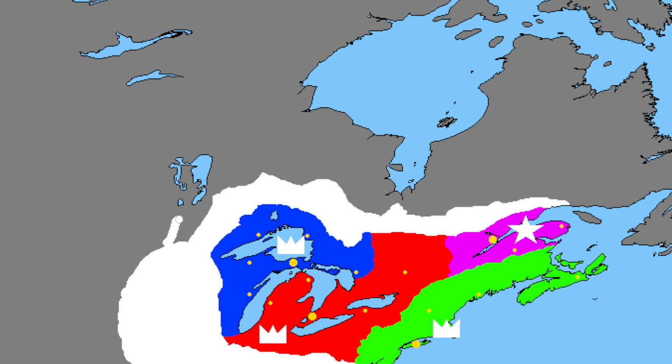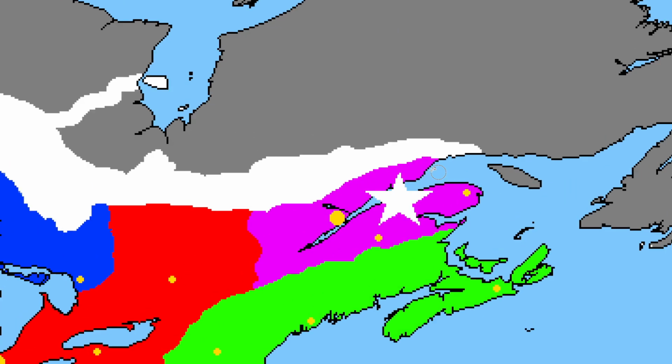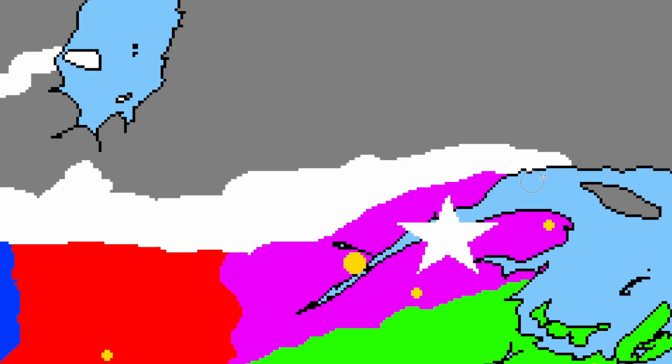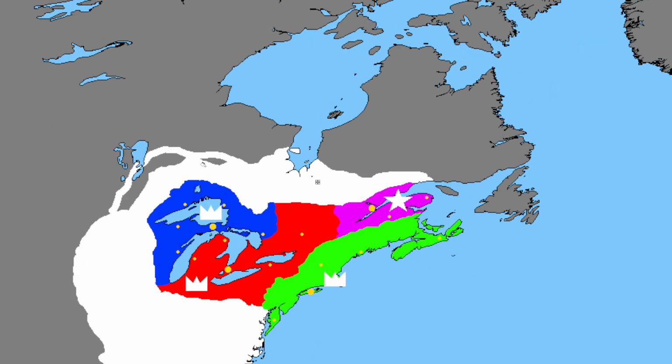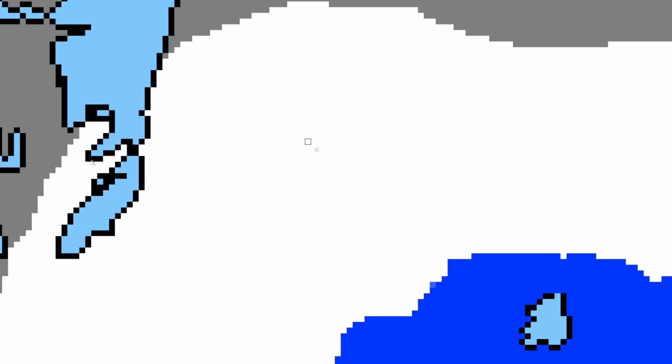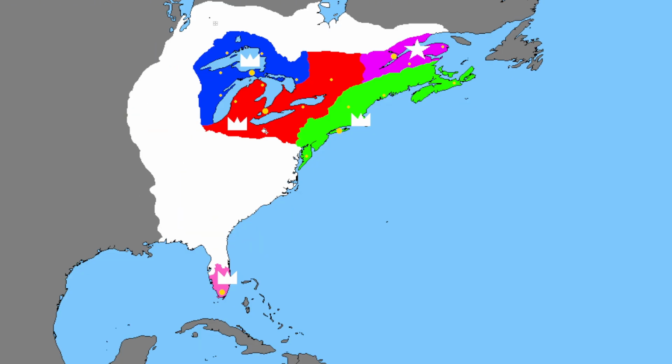We also see the blue team send out expedition crews up here, even managing to reach this area of Canada, which I forgot the name. We also see the magenta team send out some explorers, but it's mostly cold wasteland up here. So you're kind of wasting your time if you're going up here, if you ask me. Could be resources here, but they can't really utilize them at this point in the evolution.